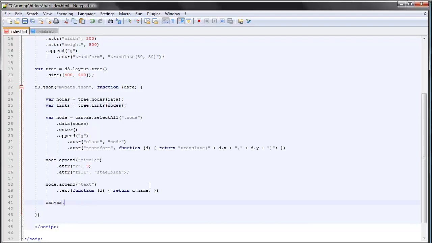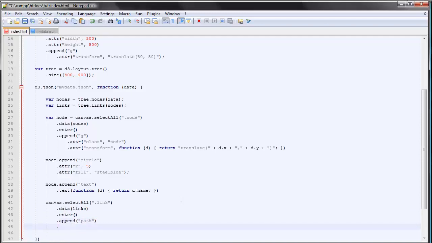So we'll say canvas.selectAll, and select everything with a class of link, and the data this time comes from the links variable, and enter and append a path